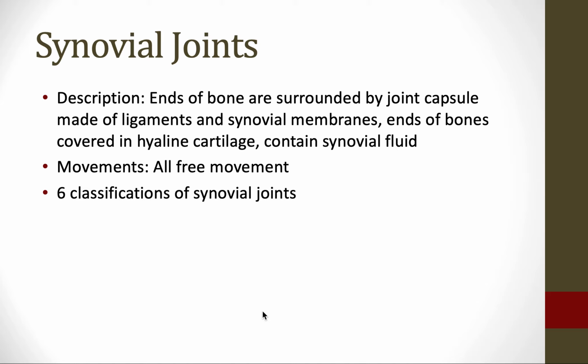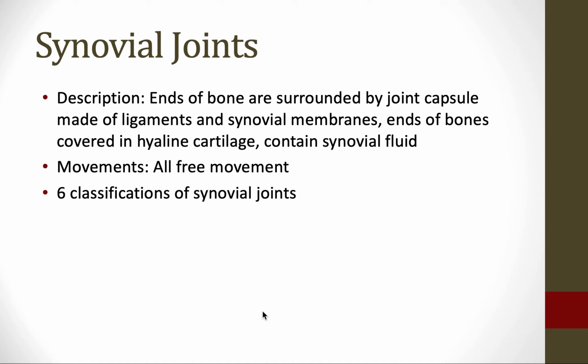Finally, you have synovial joints. Synovial joints make up most of our joints in our body, and they are responsible for all directions of movement. There are 6 classifications of synovial joints, which I'll show you on the next slide. But in this joint, you have the ends of the bone surrounded by a joint capsule that's made up of ligament and is lined with a synovial membrane. The synovial membrane secretes a synovial fluid to help the bone glide smoothly. Also, the ends of each of these bones are covered in hyaline cartilage or articular cartilage, which contribute, again, to